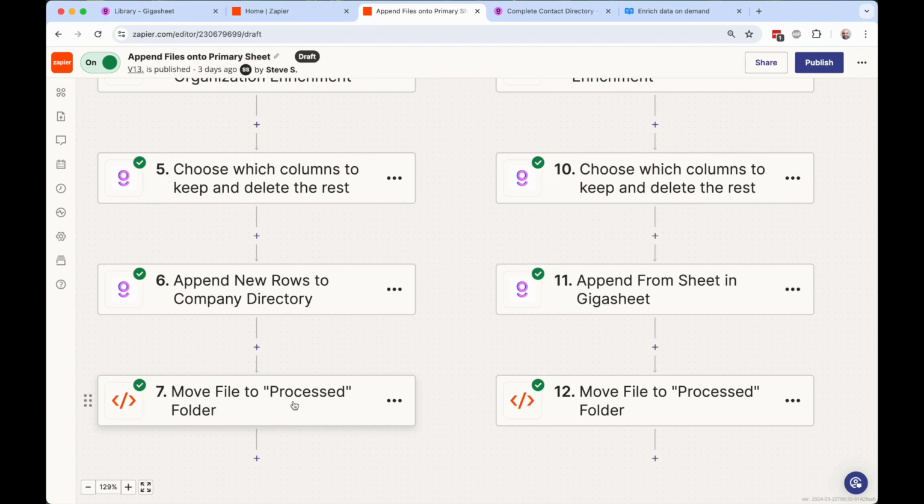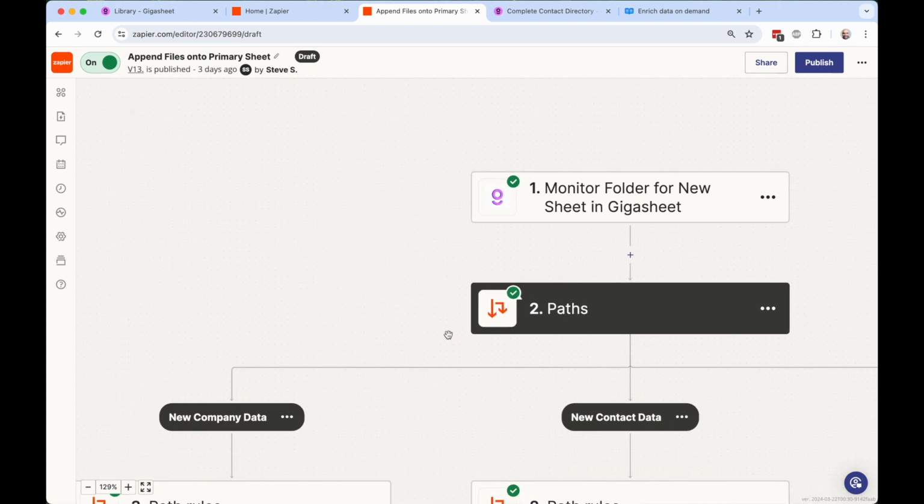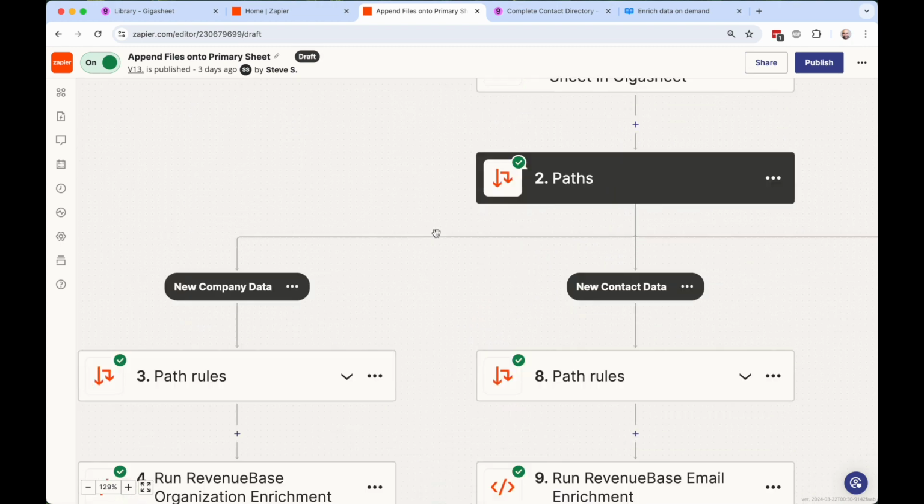Again, I'm using the API to do this. I no longer need this newly uploaded sheet, but I don't want to delete it just yet, so I'm going to move it into this subfolder so I remember it's been run and allow me to make a decision with it later. So again, what's going on here is we're monitoring for a new sheet in Gigasheet, and then Zapier,